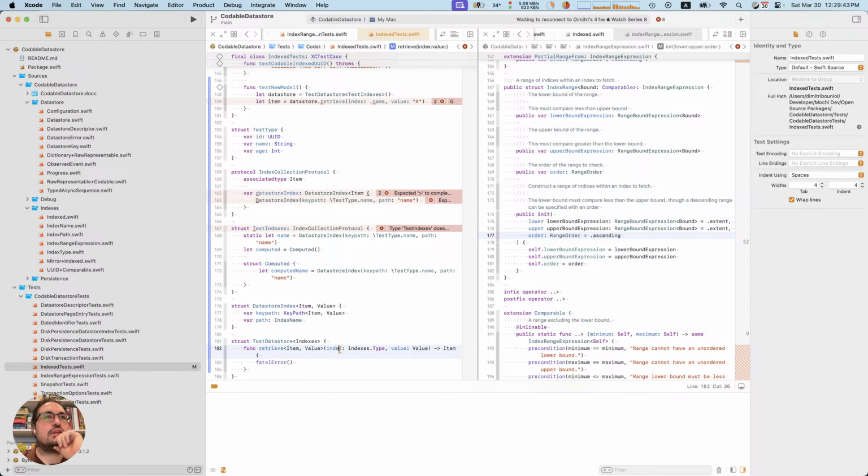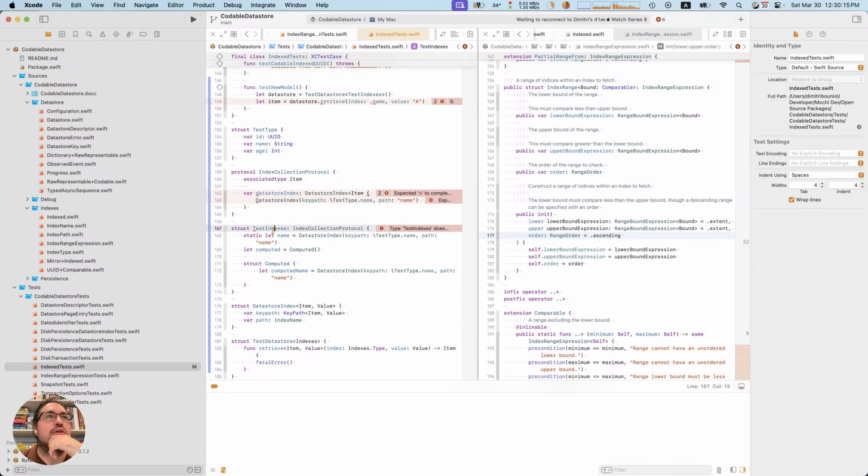So each one of these needs to be quote-unquote unique. And for those to be unique, it needs to be something that is already configured.